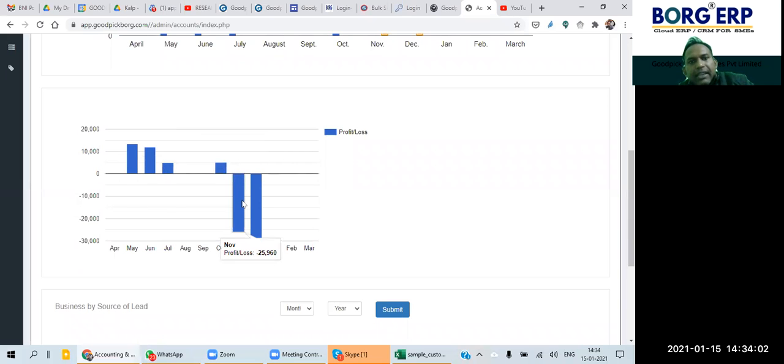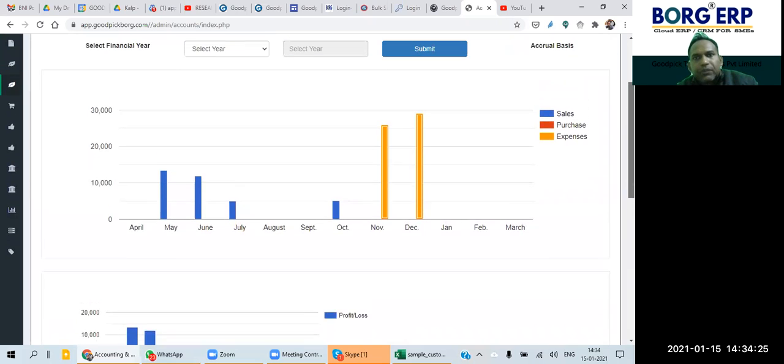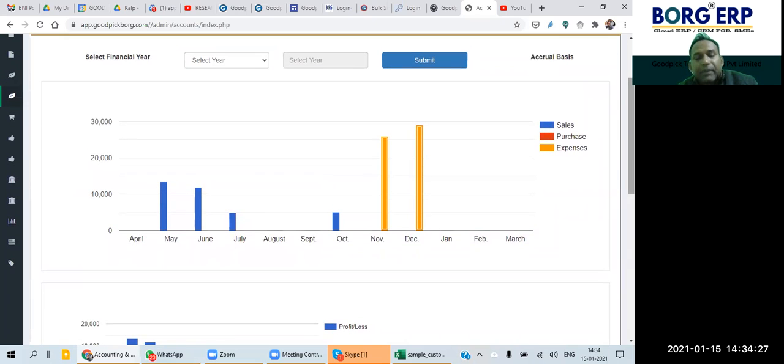If it is going down under the line, then the company is going into a loss. So here minus 25,960 means the company is in a loss of 25,960. So this is real time. So we advise our team to make entries day to day, so that we can have a clear picture.